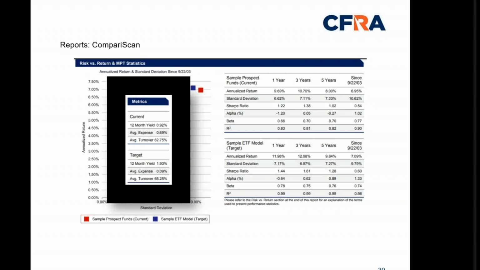And then with a couple more clicks of the mouse, he was able to say, listen, I want to look at a compare scan, pitting that client or prospect's existing portfolio against one of my suggested models. This happens to be, you see, it's an ETF model, right? So for obvious reasons, it has a lower expense. But the application, again, it's super fast. It's intuitive, and once you get into rhythm using it, you'll never want to stop.